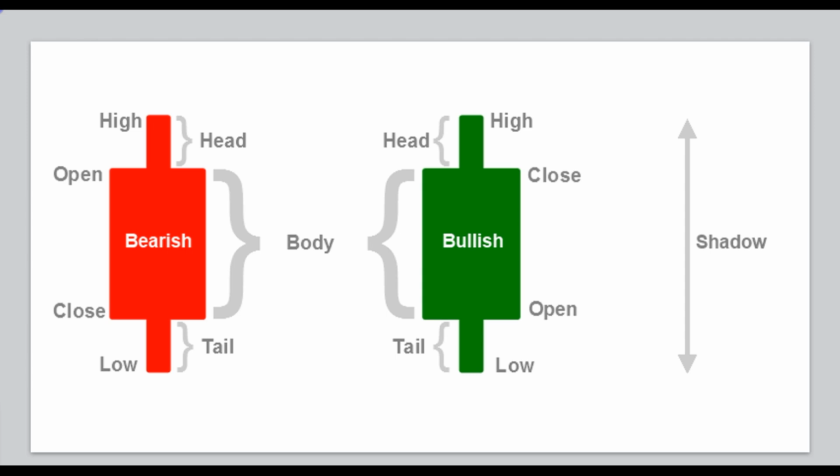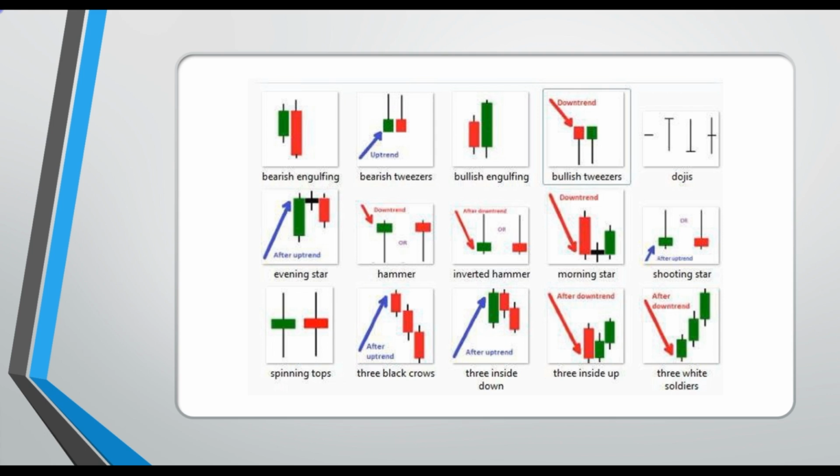We have bearish candles and bullish candles. The colors are irrelevant. You can have a green and a chartreuse. You can have a purple and a red, as long as you know which color you're using for bullish and which color you're using for bearish. What is important is the size and shape of the body of the candle and then the wicks. This tells us a whole entire story about the markets in an easy to see visual formation. And then the patterns that these candles make next to each other or independently can tell us something about the